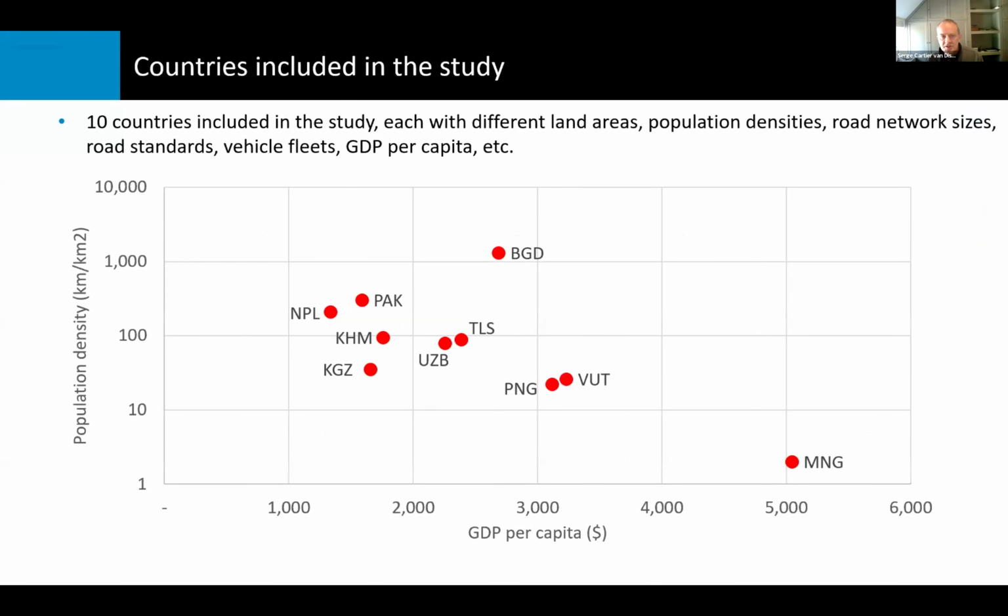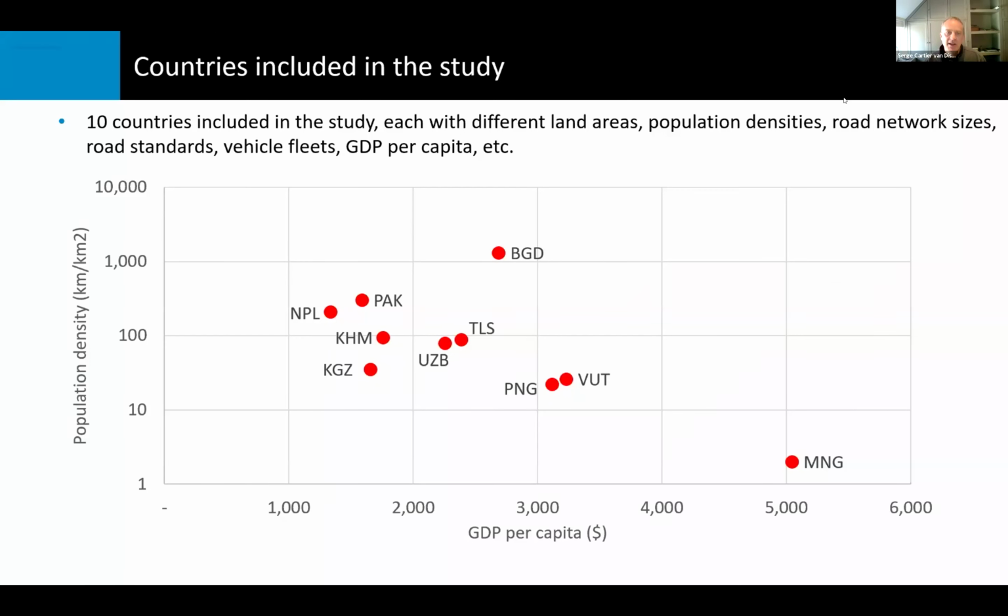So I already mentioned 10 countries. From the Asian Development Bank member countries, 10 countries have been selected for this study. We aim to include a variety of different countries. So large countries, small countries, big populations, small populations, different road network sizes, different road standards in terms of paved roads, unpaved roads, different types of vehicle fleets. Some countries produce their own vehicles, others import all their vehicles, different GDP per capita. All these